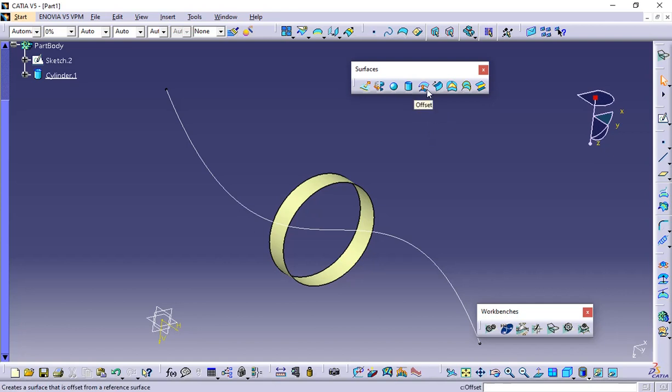The next options here are sweep, the fill option, multi section surface, and blend option. So firstly we'll go for the fill option, and then the blend option. We'll see both these options, and then we will go for the multi section surface, and later we'll go for the sweep option. So coming to this fill option,